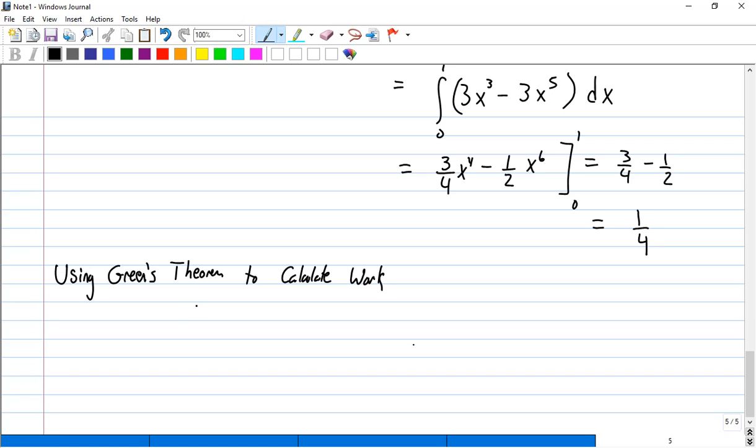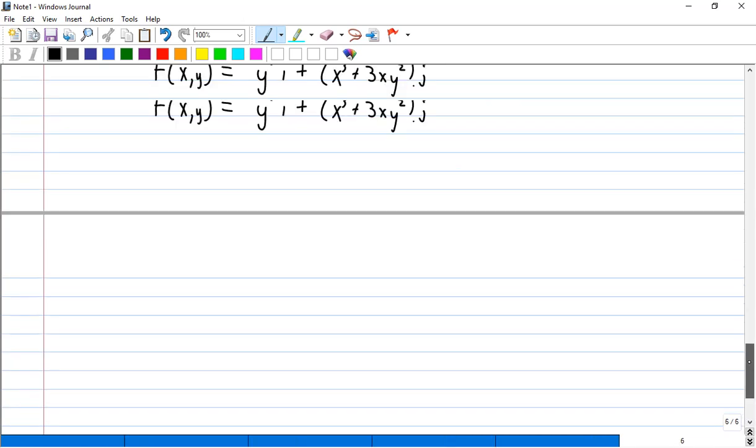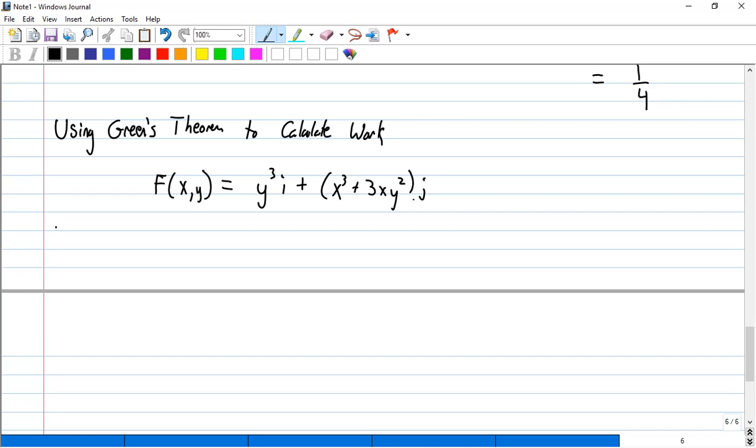Let's say that we had this force: y cubed i plus x cubed plus 3y x squared j. Looks kind of familiar. And let's say